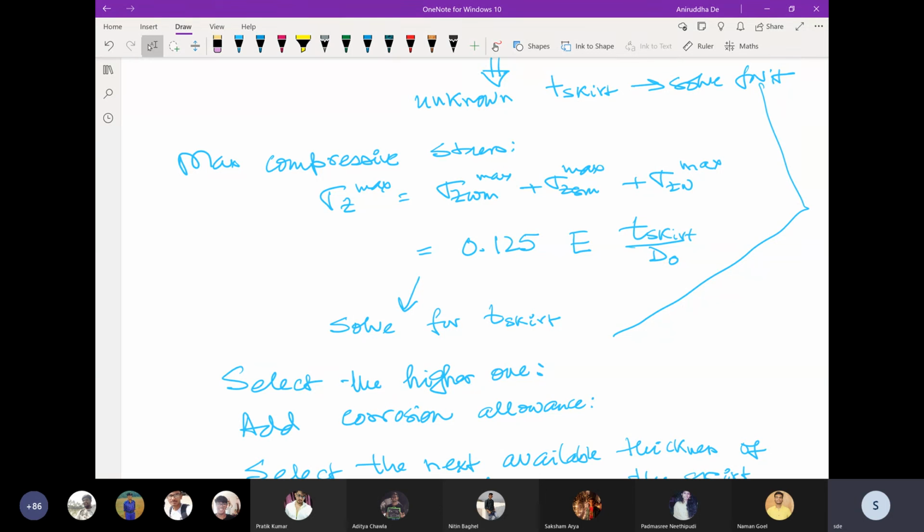The calculation is almost similar to whatever we have done for the tall vessel calculation. Only the stresses should be evaluated at the cross section of the skirt wall. And in your book, there is again a solved problem, an example problem. So please go through that. You will understand very clearly. If you do your earlier assignment on the tall vessel design by yourself, then design of the skirt support is basically a cakewalk for you. So please go through that and solve the problem and submit it. Okay. If you have any queries, I will be able to answer on this particular lecture.